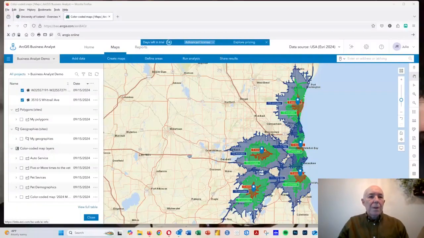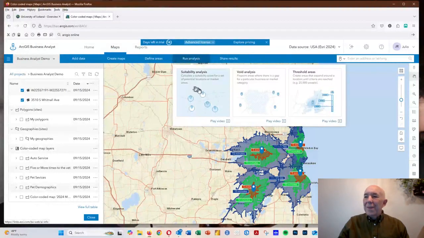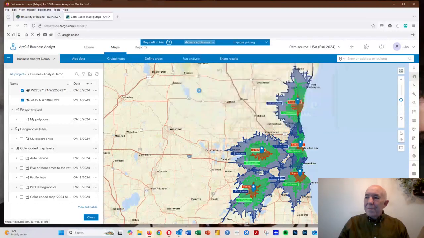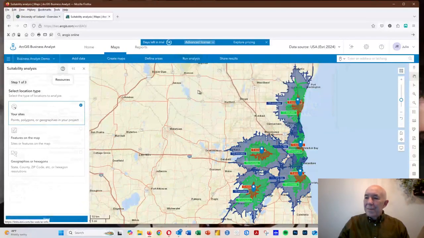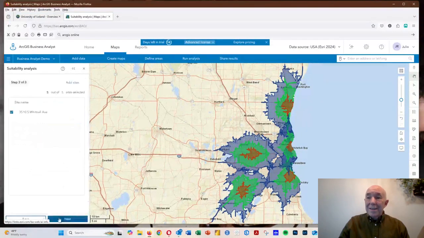So now that you have the setup done, you're ready to do the evaluation. And so we're going to run an analysis, and it's called a suitability analysis. It asks us what we want to evaluate. It could be different geographies or hexagons, it could be features on the map, but our sites are what we want, the things that we just created. So click Next,